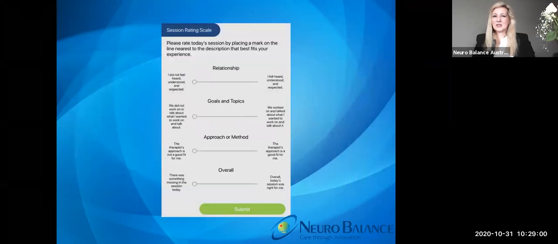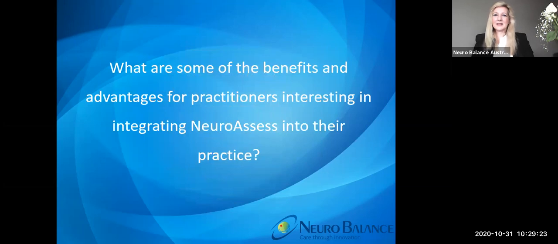Okay, and the session rating scale, which is a feedback form, as Shane said earlier, patients can choose to do that or not. That's up to them to decide whether they want to give feedback. Those who are interested in having a bit of a say in their therapy will give feedback. Others don't worry about it because they think it's all going well, and so they often will not necessarily respond.